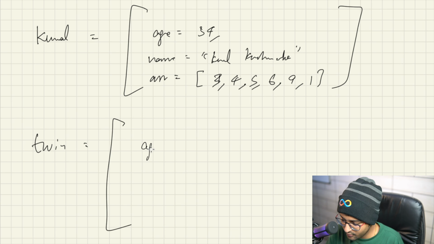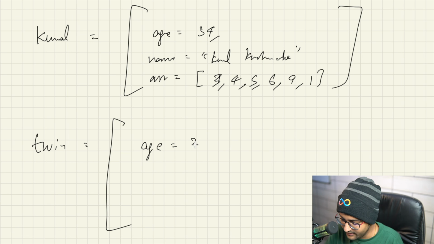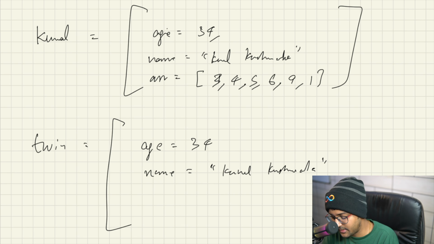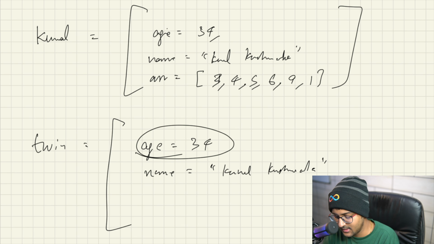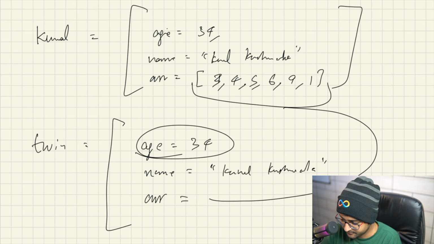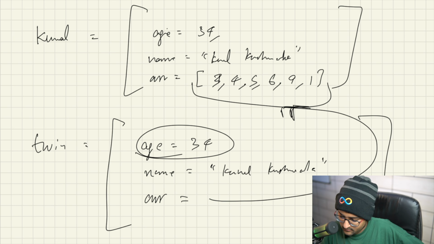It will create new variables like this for primitives. So here we need to consider two things. For primitives, it will have age is equal to 34, name is equal to Kunal Kushwaha, exactly copied like this. For primitives, it's creating a new copy, like a new variable, and it will copy this. But for non-primitives, it's actually not going to create a new one. This reference variable will point to this only. That is what's happening.